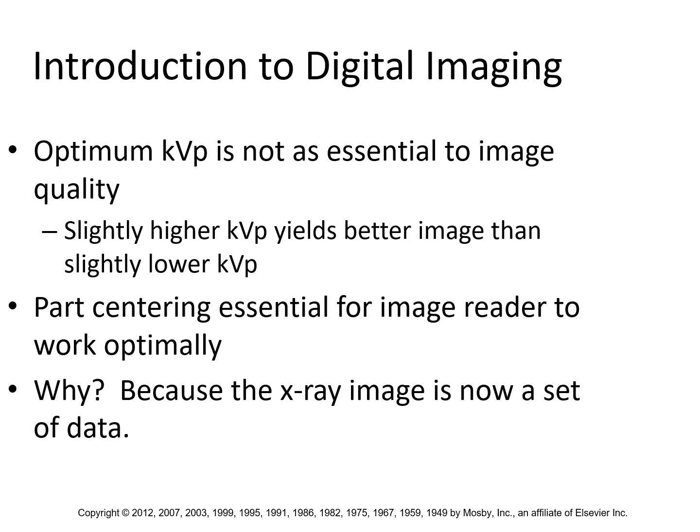Part centering is essential for the image reader to work optimally. Yes, especially with CR, you have to center the field to the cassette that you're using and only shoot one exposure per cassette, because if you shoot multiple, well, that affects the image analysis software, and so you can actually create an error that doesn't occur if you only shoot one-on-one. Okay,